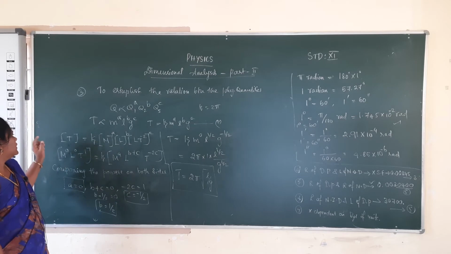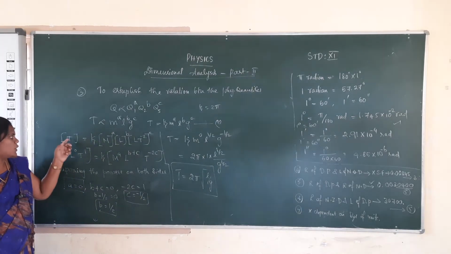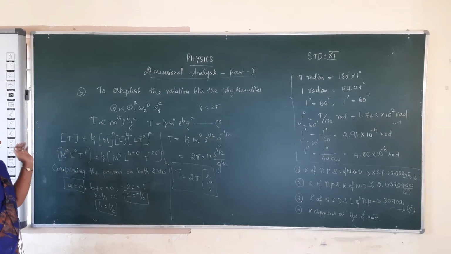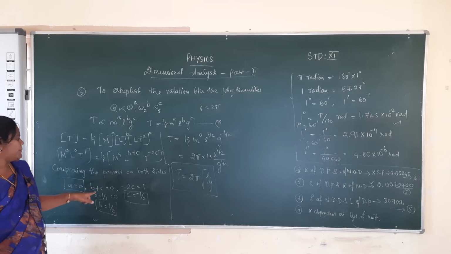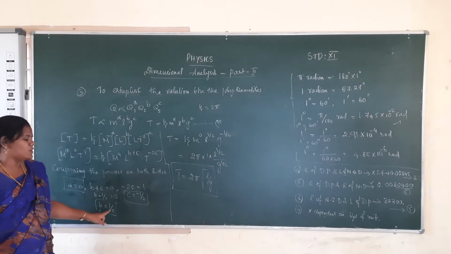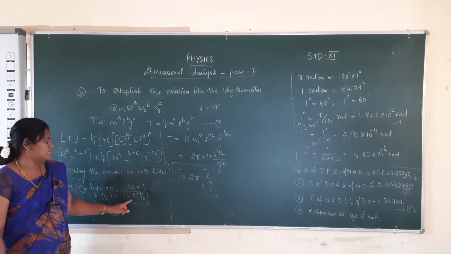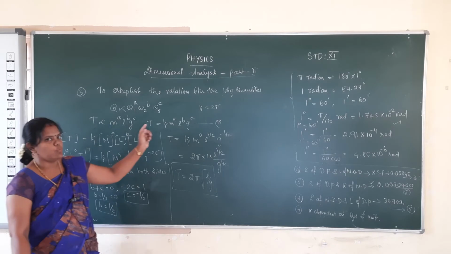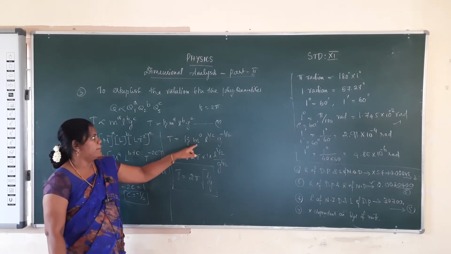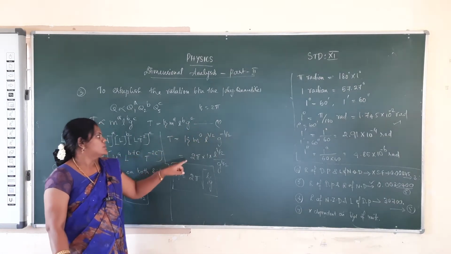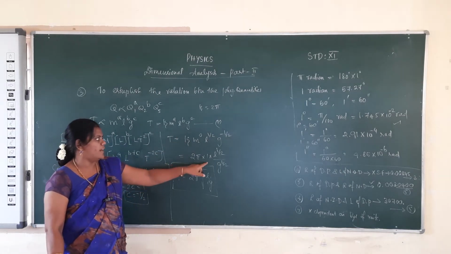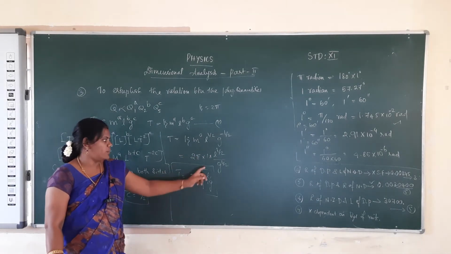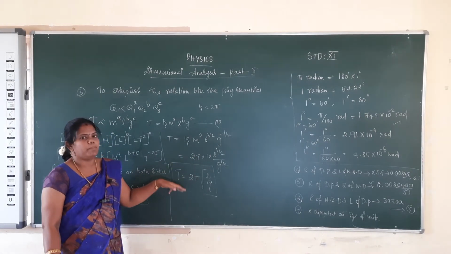Then on the left hand side we take M power 0, L power 0 and T power 1, and the powers on both sides are compared. a is equal to 0, b plus c is equal to 0, we get b is equal to half, and minus 2c is equal to 1, c is equal to minus half. So a, b, c values you have to apply in equation 1. T is equal to k into m power 0, L power half, g power minus half. So k value is 2 pi into 1 into L power 1 by 2 by g power 1 by 2. L power 1 by 2 is a square root, so square root of L by g. So this is the expression for time period in a simple pendulum.